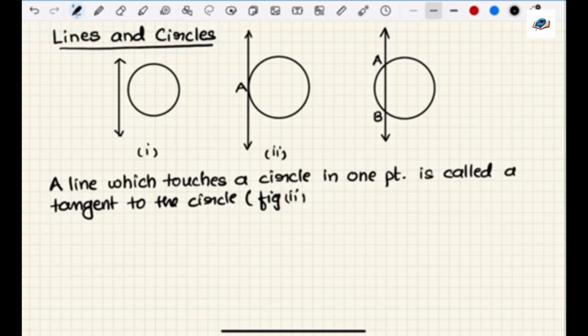Here figure 2, A point is the point where the tangent is meeting the circle. So A point is called point of contact